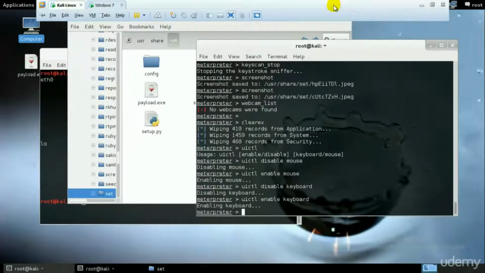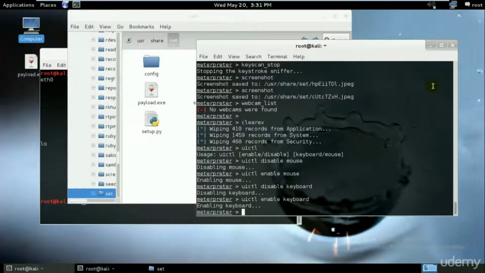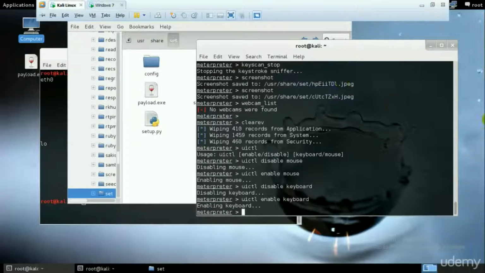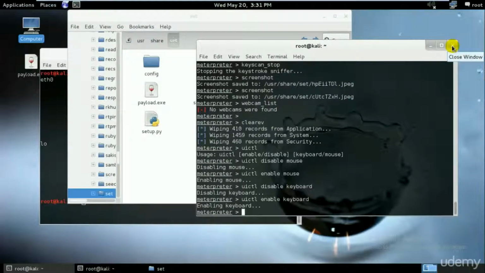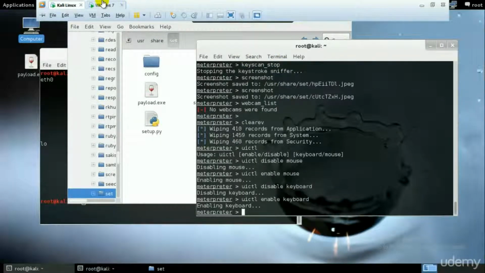Perfect. Okay, and that is it for this tutorial, and I'd also like to teach you one last thing before I end this tutorial. That would be to create a keylogger. So I'll end this session right now. You can upload the keylogger by creating that. And one last thing that I'd like to teach you would be, if you want to download something from over here,